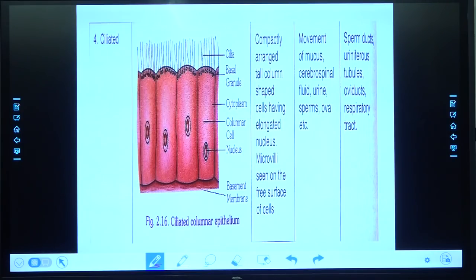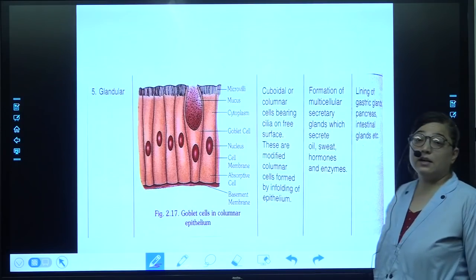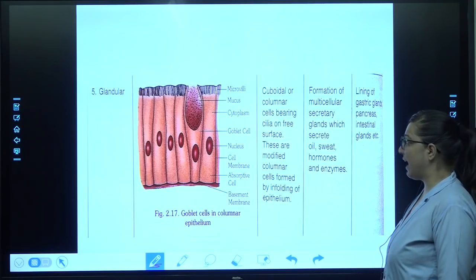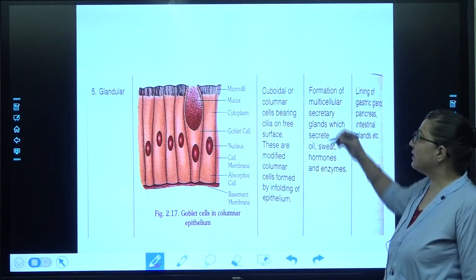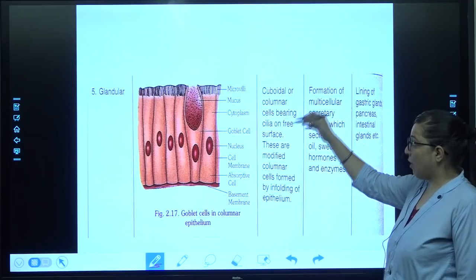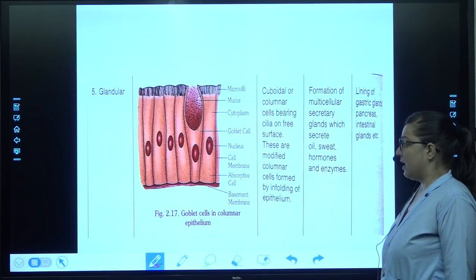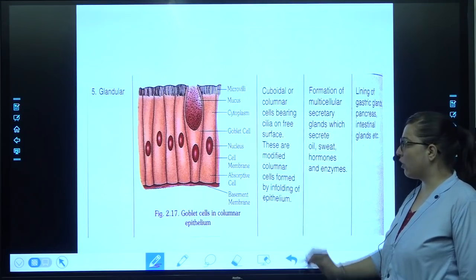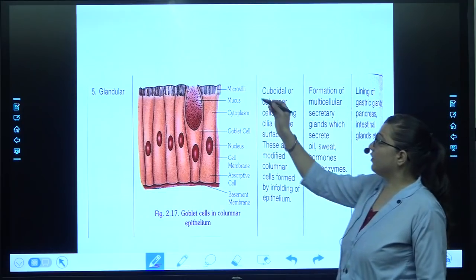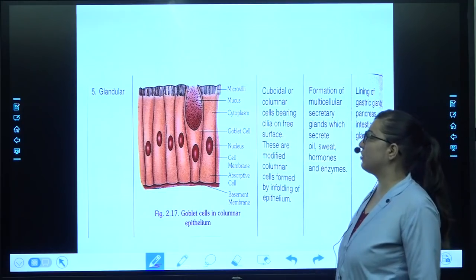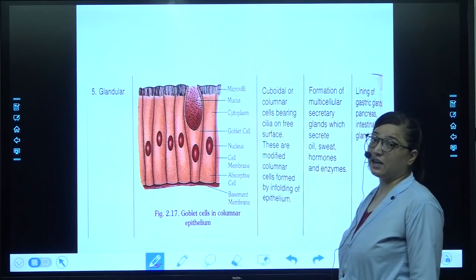Now let's move to the last type of the connective tissue, which is glandular connective tissue. We know that the structure is like this: cuboidal or columnar. The cells are bearing cilia again on the free surface, and these are modified columnar cells which are formed by enfolding of epithelium. You can see there is a mucus-like structure here, and that is the only structure which is bifurcating it as the glandular